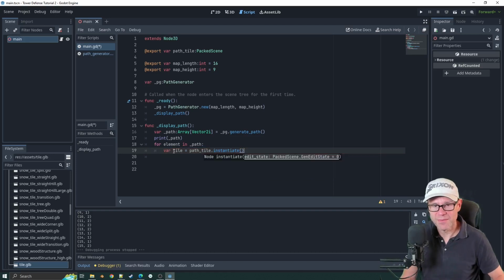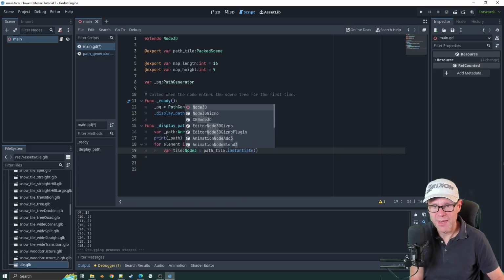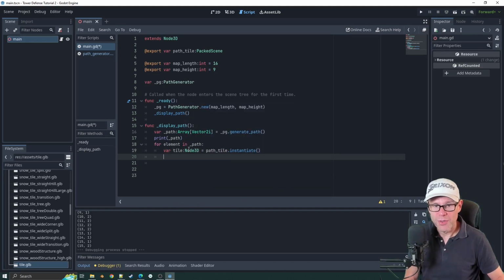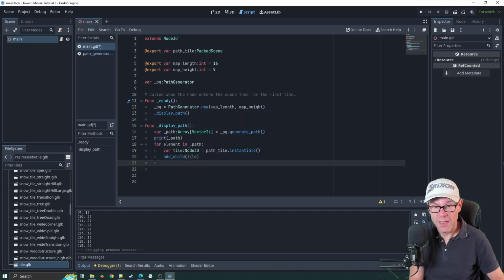Now var tile is of type node 3D, so let's give that a node 3D so we know. And then what we'll do is we'll say add child tile, and then finally we'll say tile dot global position. Now this is where it doesn't know what tile is. It's a bit annoying. Equals vector3,